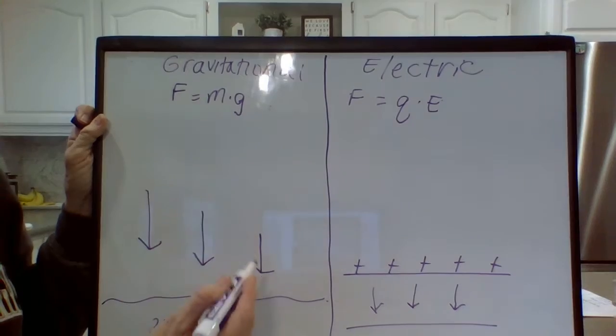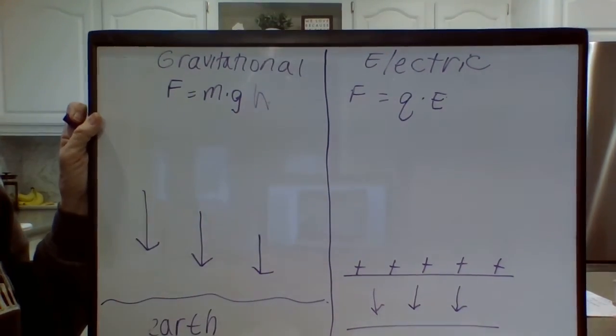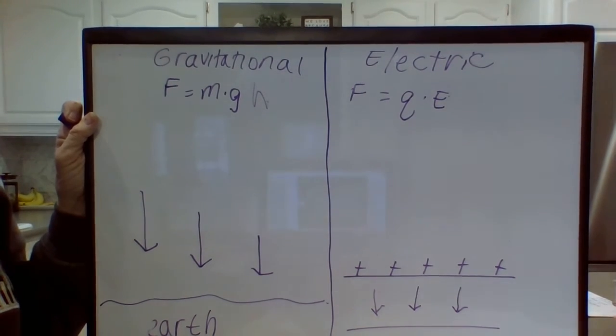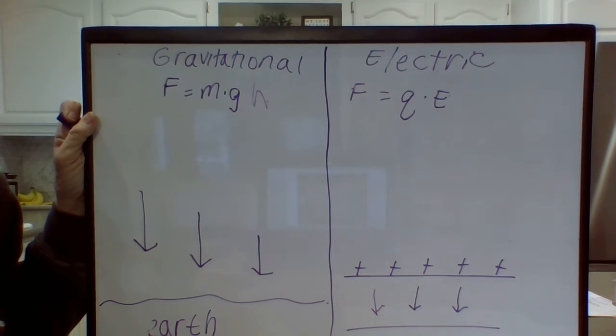The gravitational potential depends on the height. So the higher the object is, the greater the gravitational potential. And the same can be said for